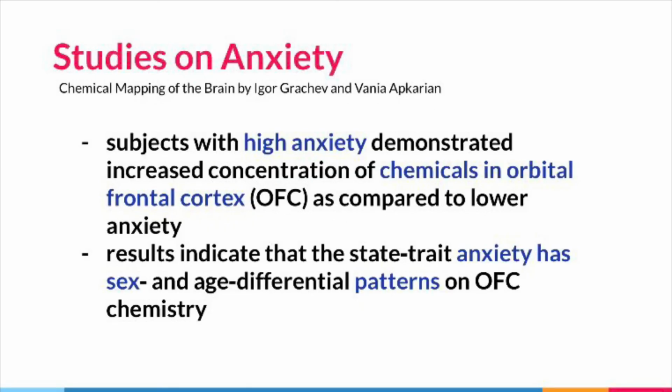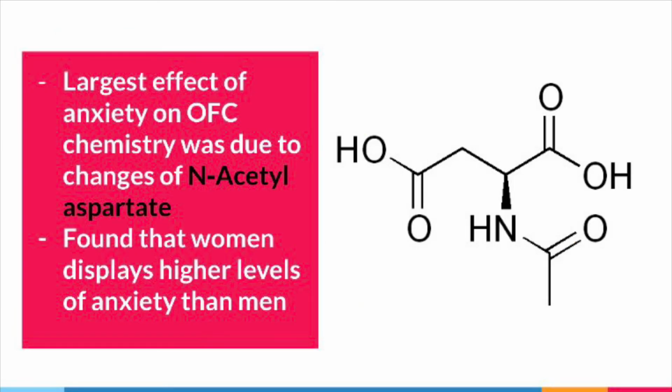Studies have found new information about how anxiety impacts us. A chemical mapping of the brain study found that people with high anxiety demonstrated an increased concentration of chemicals in the orbital frontal cortex as compared to those exhibiting lower anxiety. The results indicate that the anxiety has patterns that are different depending on sex and age. The study found that women displayed higher levels of anxiety than men. The largest effect on anxiety was demonstrated by higher presence of N-acetyl-aspartate. So, that molecule that we see is the N-acetyl-aspartate that is found more in the orbital frontal cortex of women